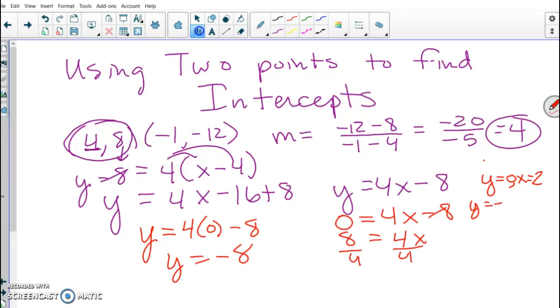When x is 0, I found my y value to be -8. So we can graph these quickly and easily. My x-intercept is 2, using intercepts, and my y-intercept is -8. Please do check it out, number